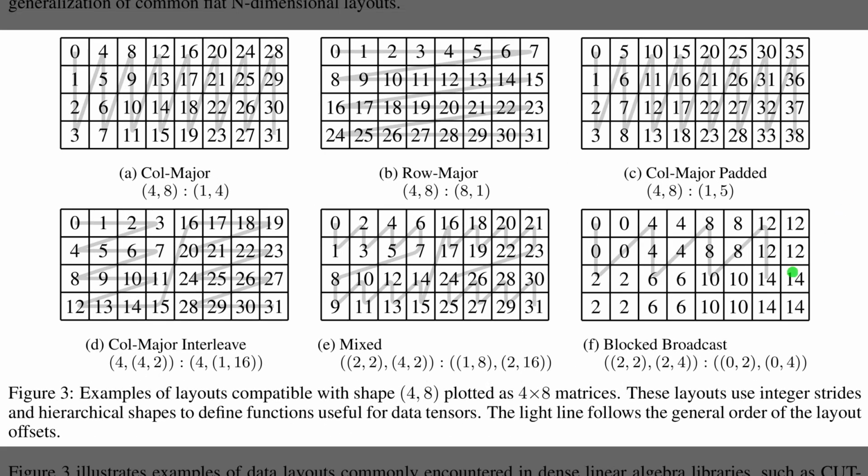Well, Figure 3 translates those abstract shapes into concrete memory patterns. The top row displays standard layouts like column major and row major, along with a padded version, which traditional libraries handle easily. However, the bottom row demonstrates the unique power of hierarchical strides. Panel E represents a mixed layout that forms a grid of tiles, a structure critical for GPU tensor cores because it matches hardware expectations. Finally, Panel F illustrates a blocked broadcast, where setting strides to 0 repeats values logically without